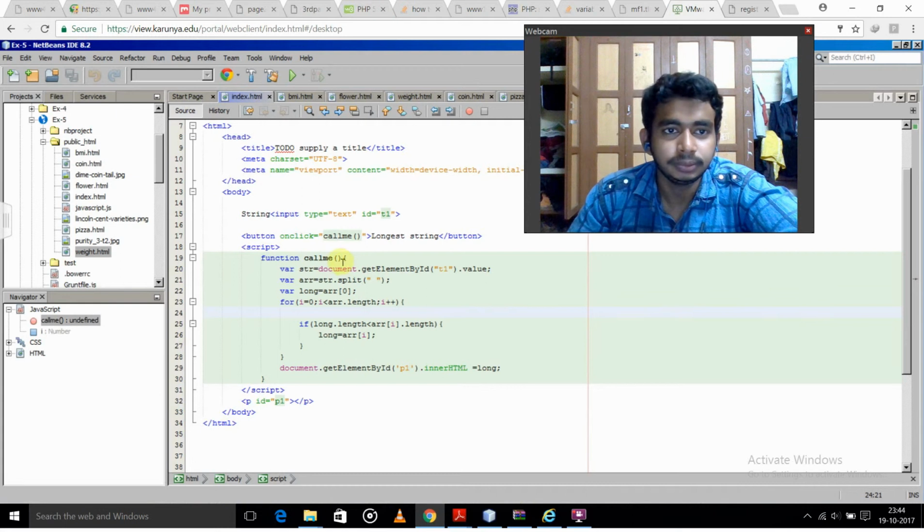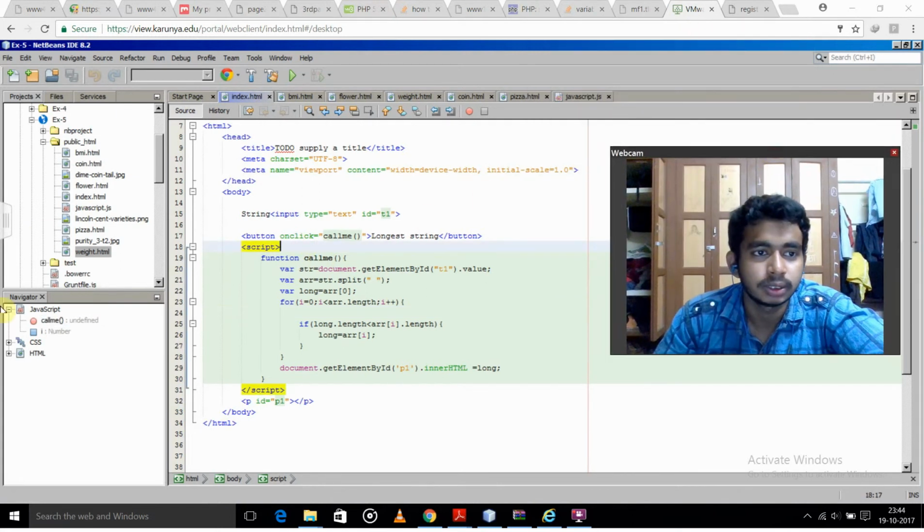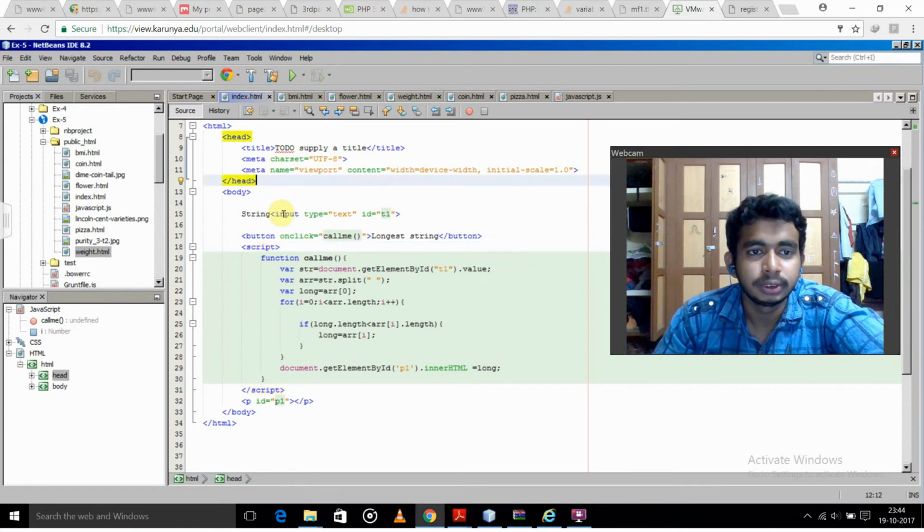Here it is. So yeah, this is my first one. In this program, I have taken a string using the input type equal to text. So inside the text, I have taken the string. I gave it the id t1, and I have created a button which will be named as the longest string. So the button will be written as longest string, and the button takes me to the call me